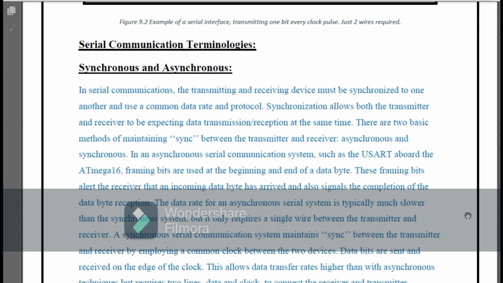In serial communication, the transmitting and receiving devices must be synchronized to one another and use a common data rate and protocol. Synchronization allows both the transmitter and receiver to be expecting data transmission and reception at the same time. There are two basic methods of maintaining sync between the transmitter and receiver: asynchronous and synchronous. In an asynchronous serial communication system such as the USART on the ATmega, framing bits are used at the beginning and end of a